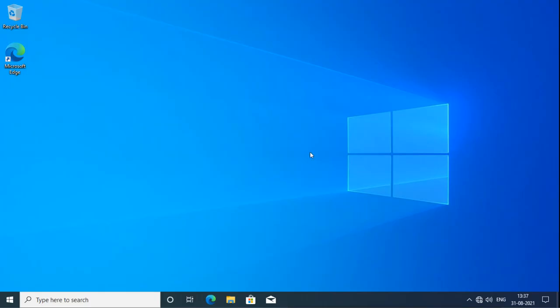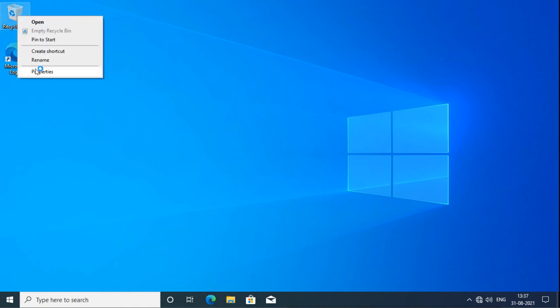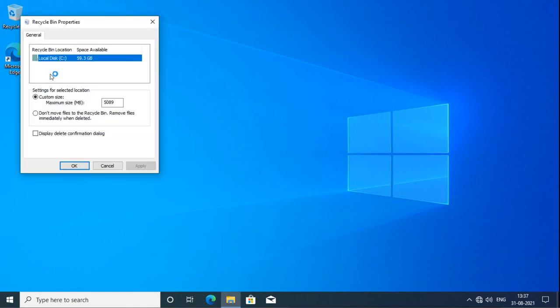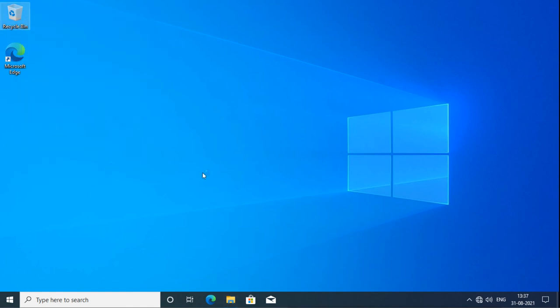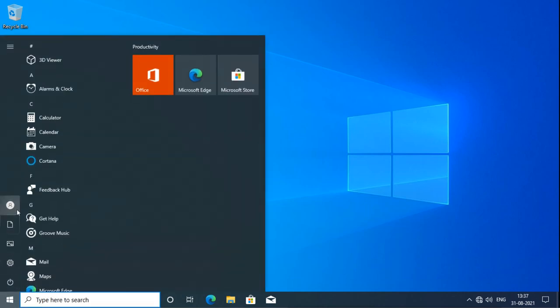Now here we logged in as user 2. I will try to see, and I can see the properties of the recycle bin now. Previously when we logged in as user 2, we were not able to see this, but now we can see it because we have blocked the inheritance of the policy. That means now we can see the property. The policy is not applying, it is blocking the inheritance.